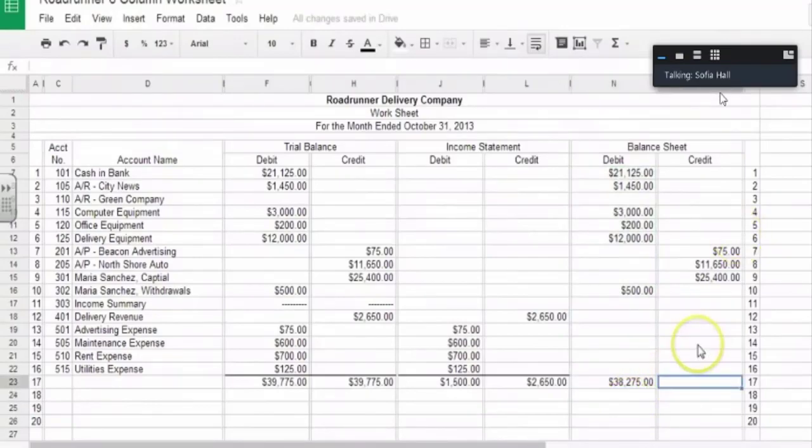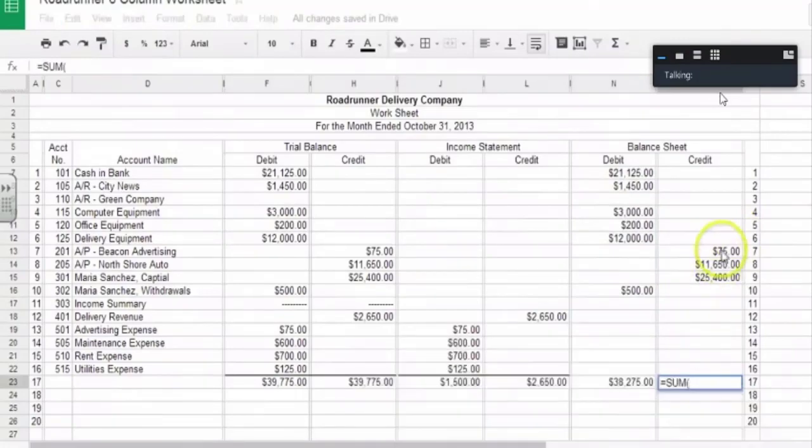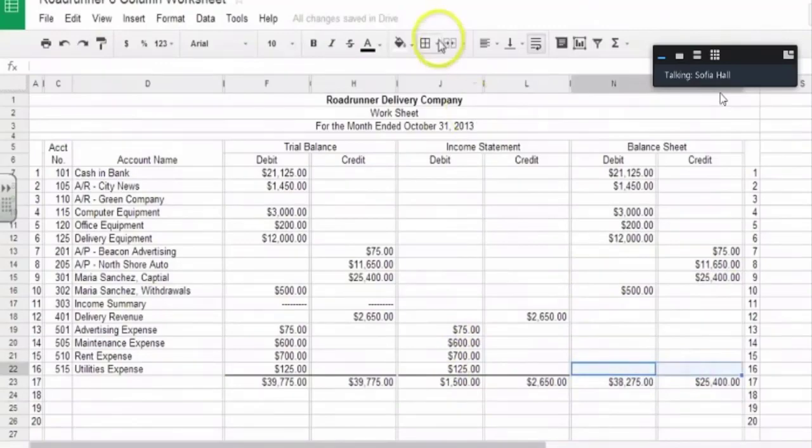And I'm going to take the same formula and apply it here. Formulas are so easy because they allow you to not really think about a whole lot here, okay? Now, I'm just going to add a line down here at the bottom. You'll notice that our income statement and our balance sheet, the debits and the credits do not equal, but that's not to be too concerning just yet.